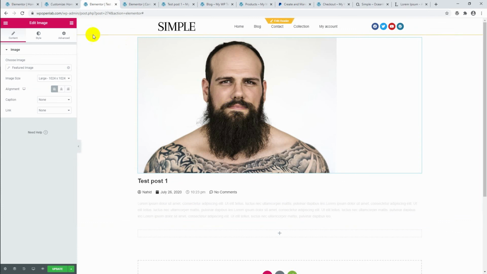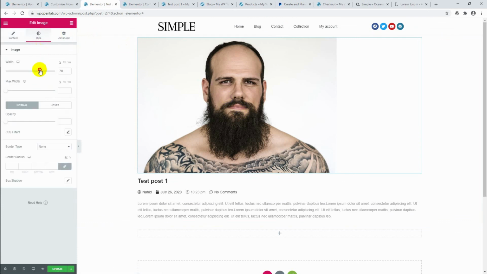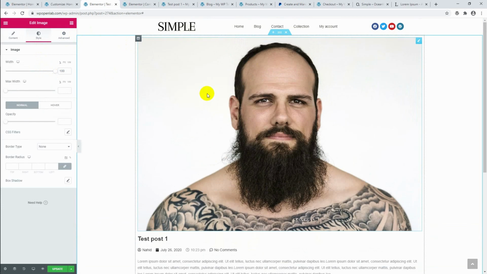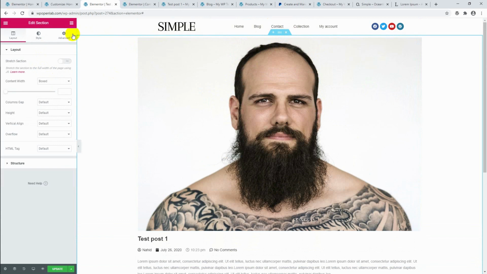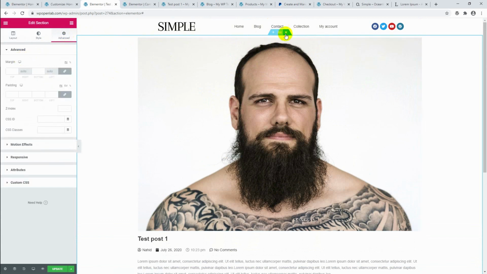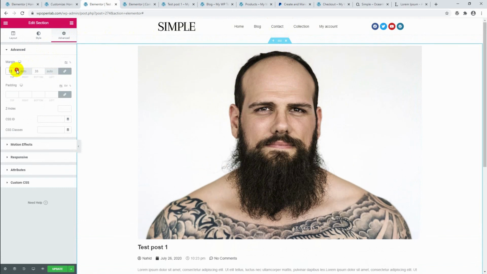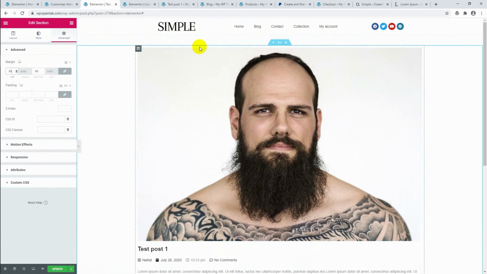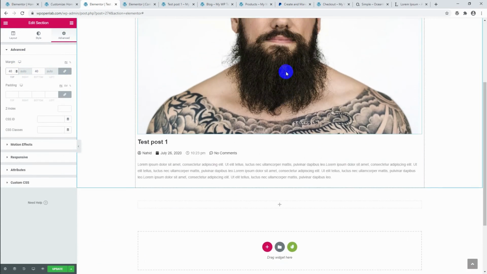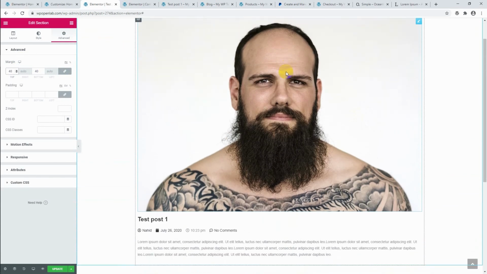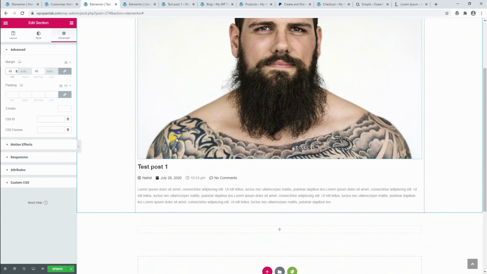Let's make the image a little bit bigger. Okay, and let's add a bit of margin at the top. Click the section editor and advanced, and then increase the margin. It will give the same margin on the top and the bottom. Here you can see. So this is the first test post. Let's update,